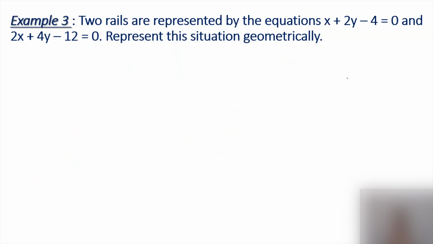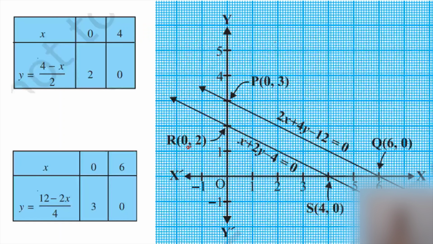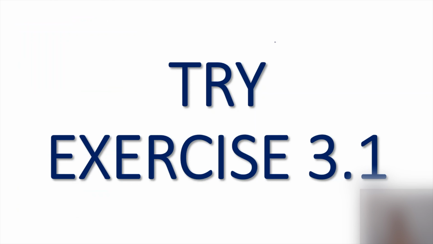Now in this case, if we observe the equations, here the coefficient is 1, here the coefficient is 2, double of that, and here also it is double of this, but this is not double of this, this is triple of this. 1 by 1 is to 3. So in this type of situation we get no solution. No solution means parallel lines graph. Now you can try the exercise.